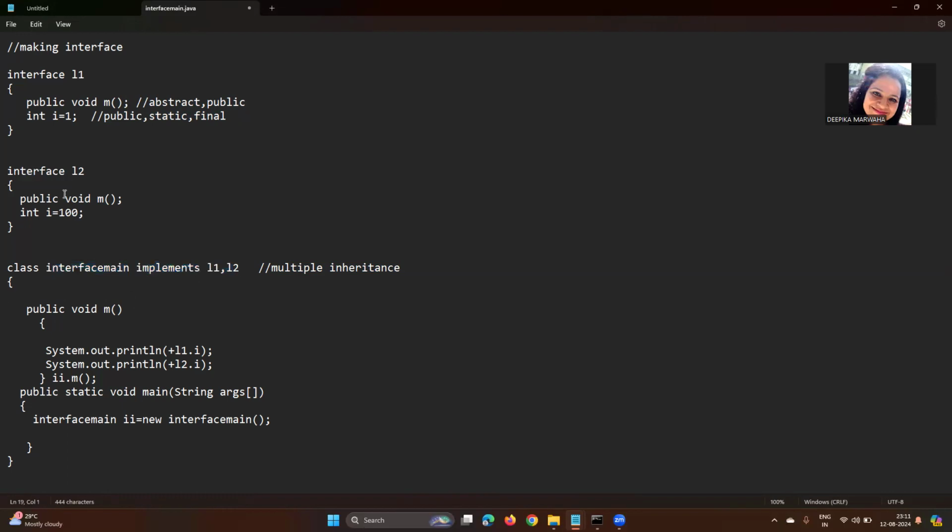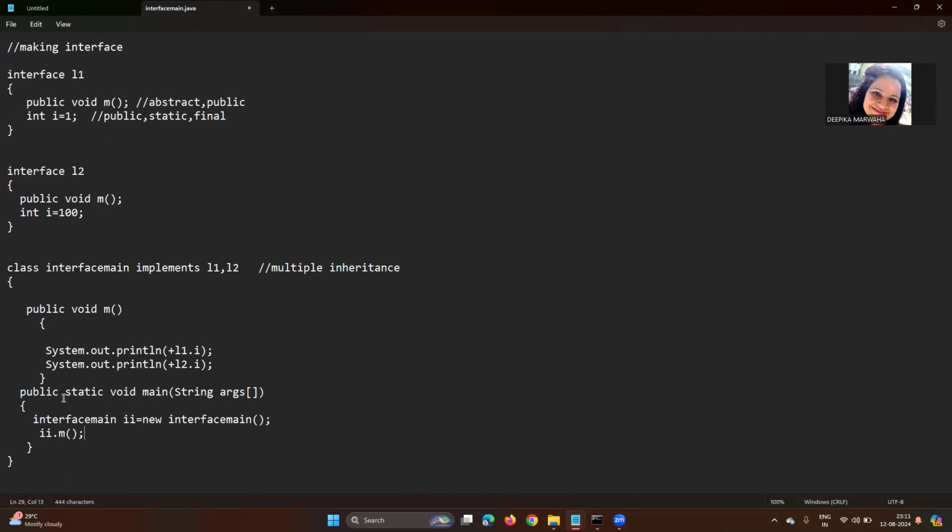Now you can see the same function, the main m function that is declared publicly, we are defining here and we are using L1 dot i. मतलब इस इंटरफेस की i की वैल्यू हम यहाँ पे सेट कर रहे हैं. क्यों? क्योंकि हमने इंप्लीमेंट किया हुआ है. In a similar way, L2 we are fetching here, and in a similar way we are displaying the value. Now the next is you are displaying the value of interface. Now you are making the object, Ctrl X and then Ctrl V.